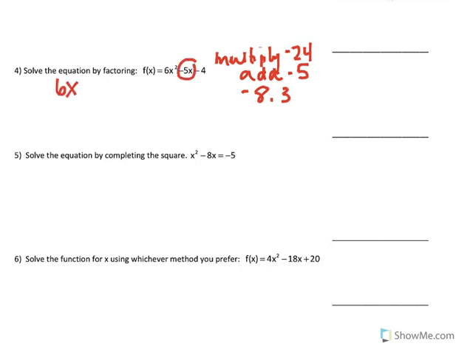So we're going to rewrite this as 6x squared minus 8x plus 3x minus 4. Okay, when I write this, I can see that when it comes down to me trying to find a GCF for 3x minus 4, that's going to be hard,